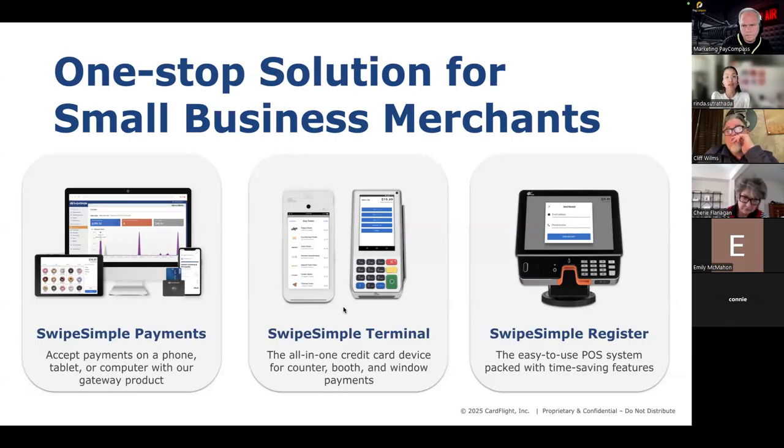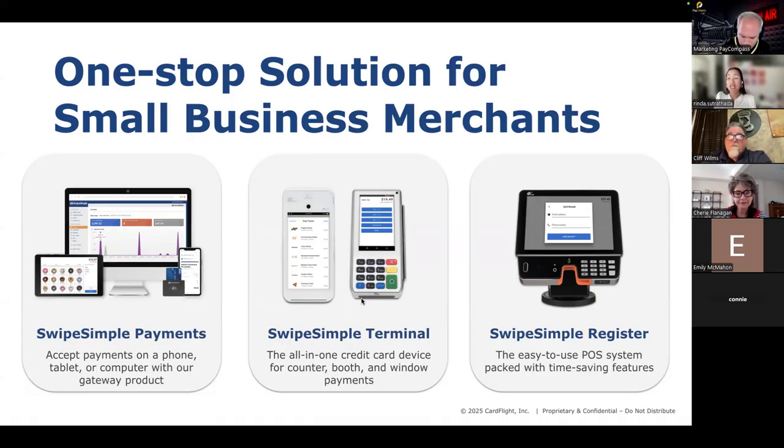Maybe over time they grow and they need to be able to send out an invoice for, say, weddings. Maybe they're doing hairstyles for the wedding as well. So they can easily send that out using the payment gateway on the back end. And say that same hairstylist ends up continuing to grow. They need a sleek device, or say they have a stall or space within a barbershop that they can continue